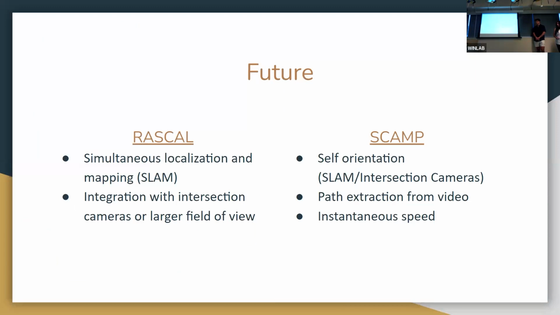So for the future, right now we don't have a way to orient the car. It's only relative to itself instead of the environment. So we're planning on implementing SLAM so that it can do that. And we also want to work on path extraction from video, so we can take a video of a car in the intersection and replicate it